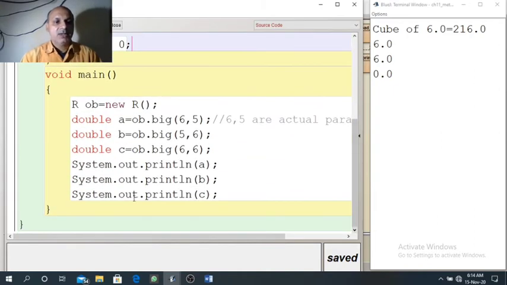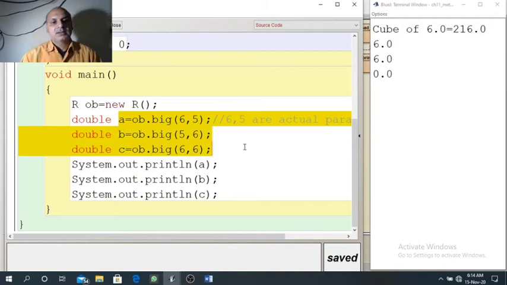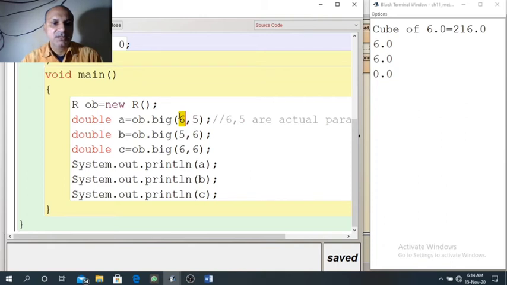In the main method we have three print statements A, B and C, where A, B, C store the value returned by function big while passing the arguments 6, 5, 5, 6 and 6, 6.